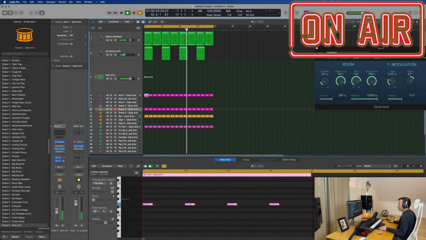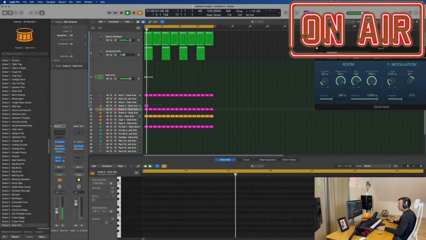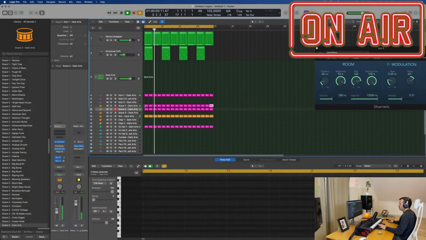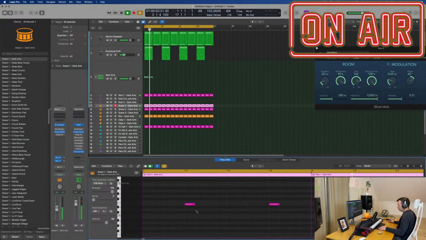Still don't have a snare, this is cool. Well, I kind of wanted a snare to mark the beat and I just made something much more funky. Now we can mark it a bit more. Bit higher.